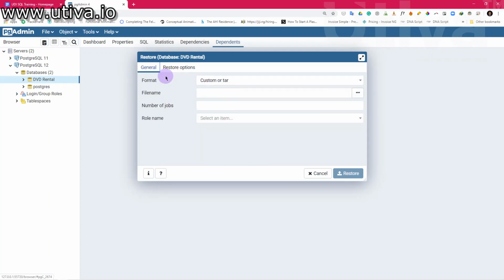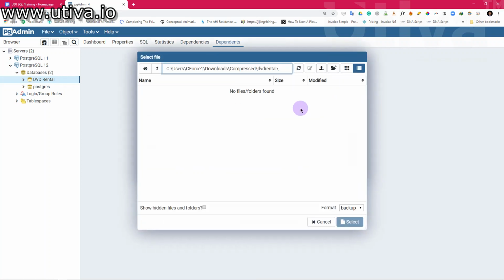Okay, and here you're going to get four options. You see format, file names, number of jobs. So don't bother about the last two. This file name is what you should bother about. So click on this three dots here, right? Once you click on the three dots, it will take you directly to a directory, right? Once you get to that directory,